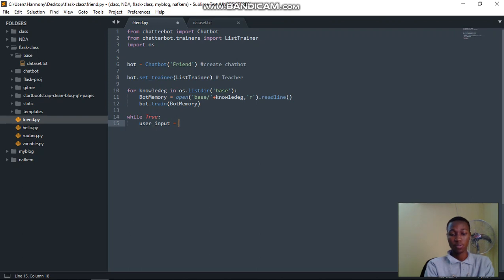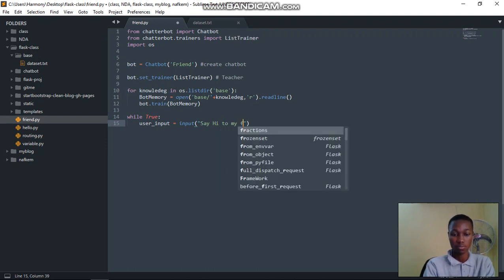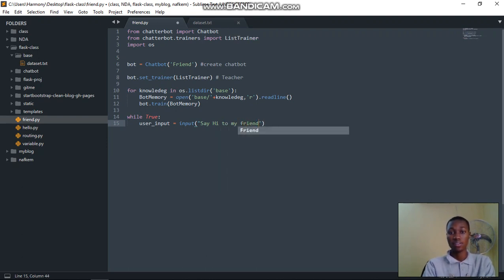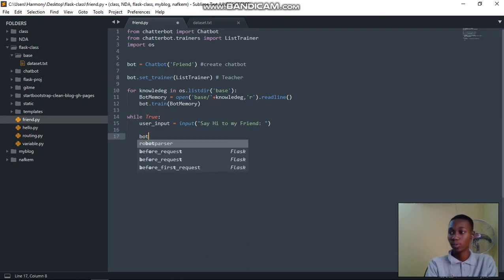So say input, and let's just have "Say hi to my friend". Then we can have a space, and we are good to go. Now we have to create a variable. Let me call this bot response, because this will be the response the chatbot will be giving us. So we'll have bot